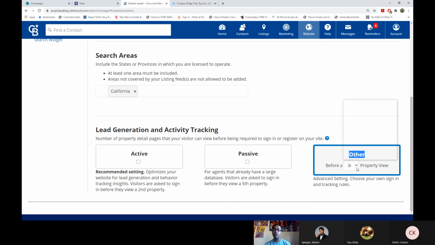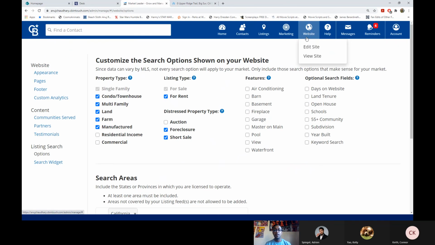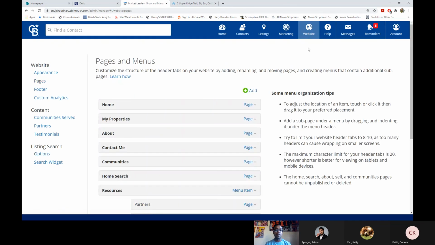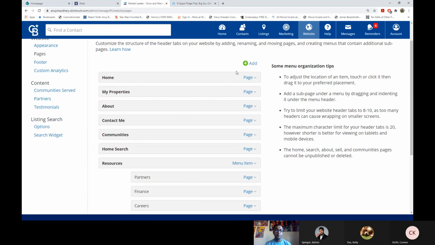That's where the other comes in, and you can choose to have it pop up before viewing the 3rd property. I'm going to make it before viewing the 4th property. That's where you would edit that. Let's go back to edit site. The other big space you want to